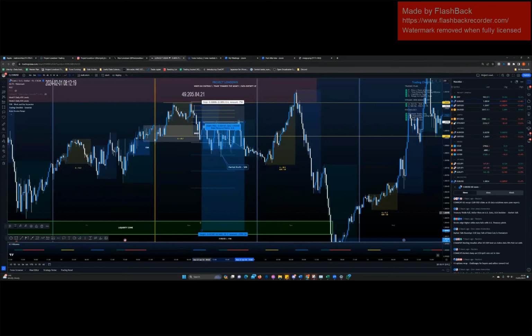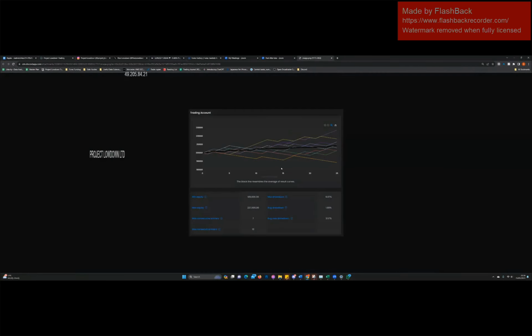The whole point of this is the fact that I know if I take 50% off at 2R, and then let's say I close everything for whatever reason, baby pip availability dictated that this was the target for the day, and I wasn't sure if we're bearish. If I took 50% off at 2R and the rest off at 3R, that still gives me a blended 2.5R target, right? Now, you're probably thinking, well, 2.5R overall average, is that good? Is that not? Well, that's what this is for.